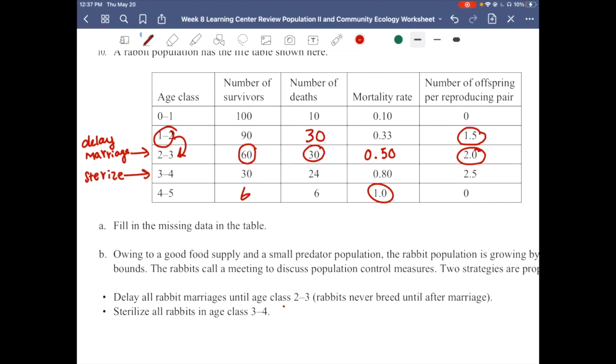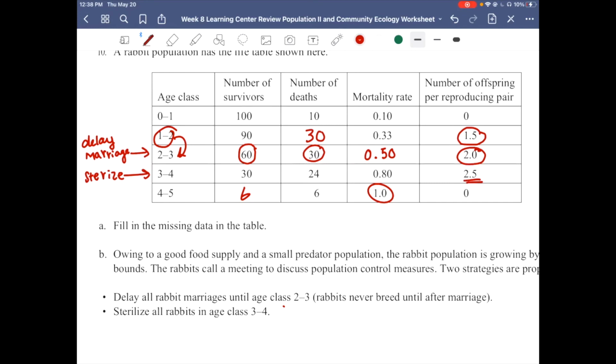So for a cohort of 100 rabbits born in years 0 to 1, 90 rabbits or 45 pairs will each have 1.5 offspring. And during years 1 to 2, they will add about 67 rabbits to the population. And when the cohort reaches age class 3 to 4, it'll consist of 30 rabbits and 15 pairs. And each pair will have an average of 2.5. And that's going to result in